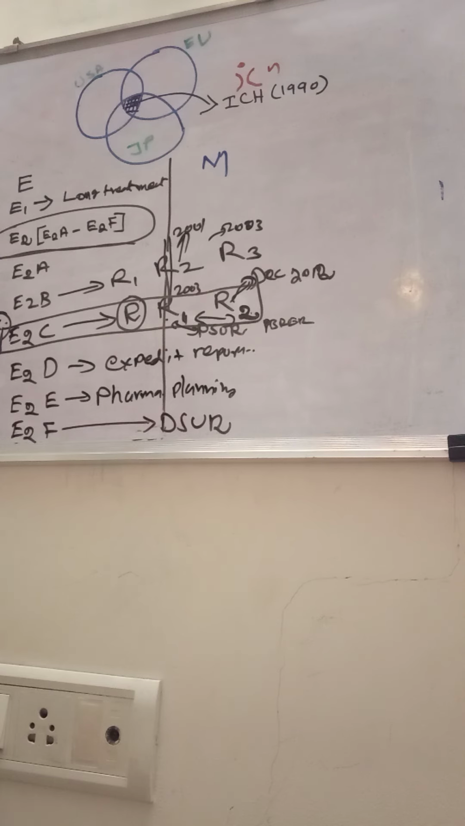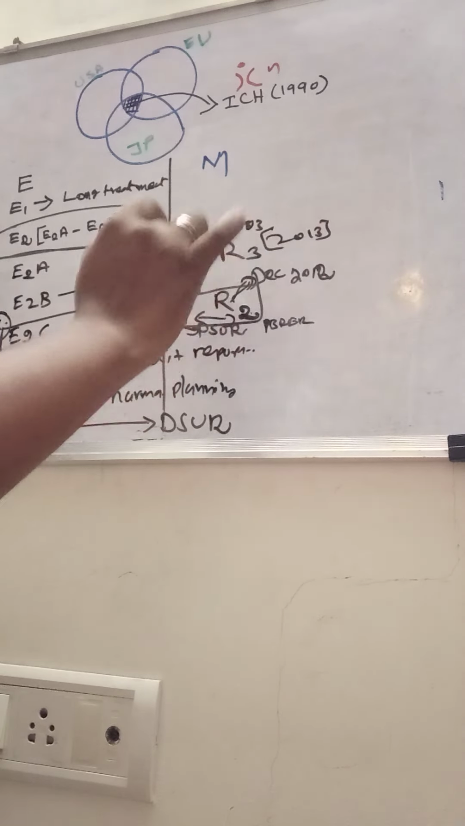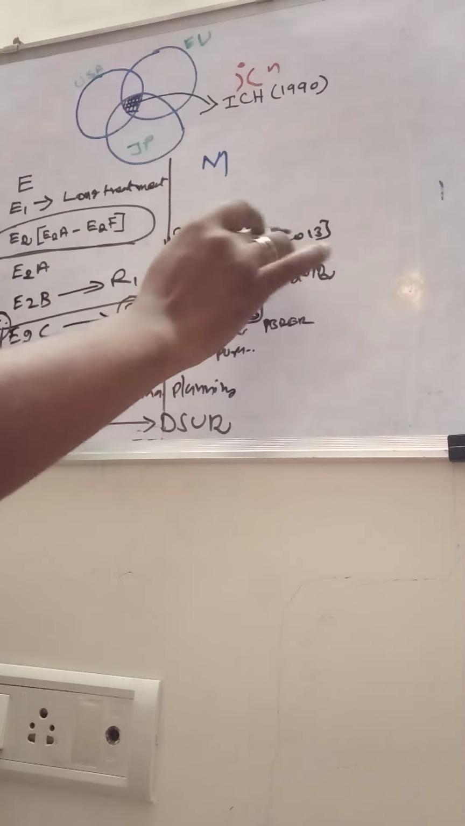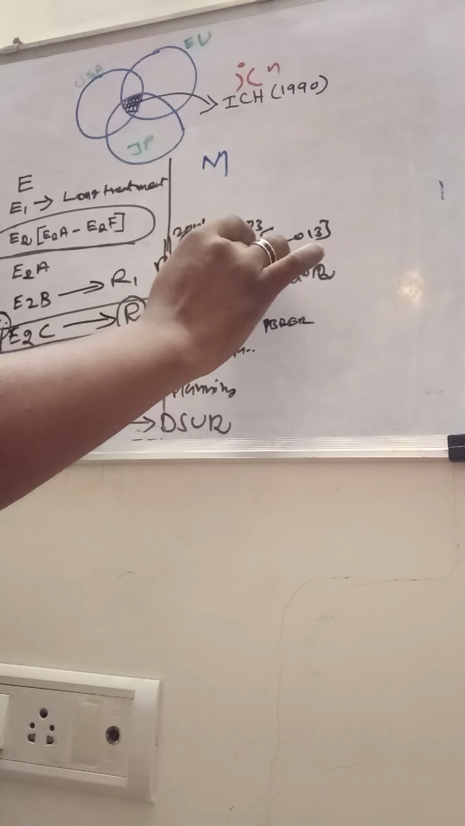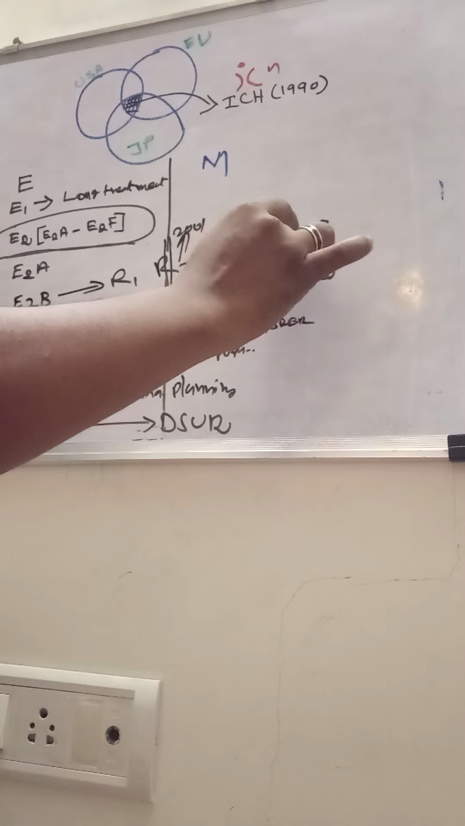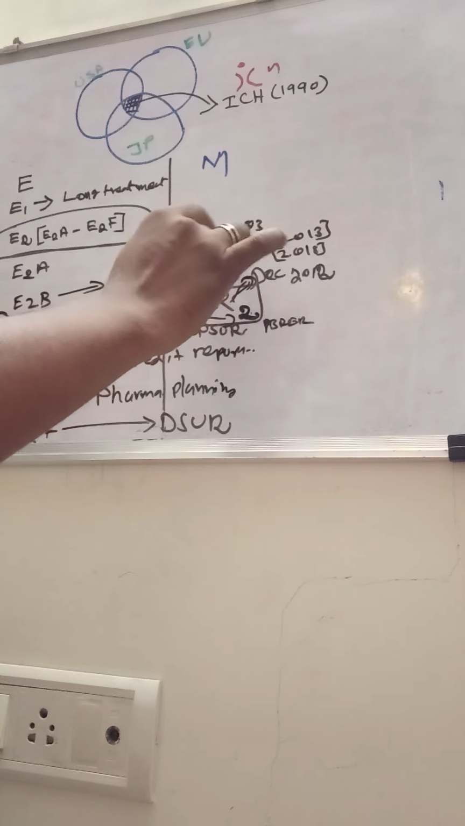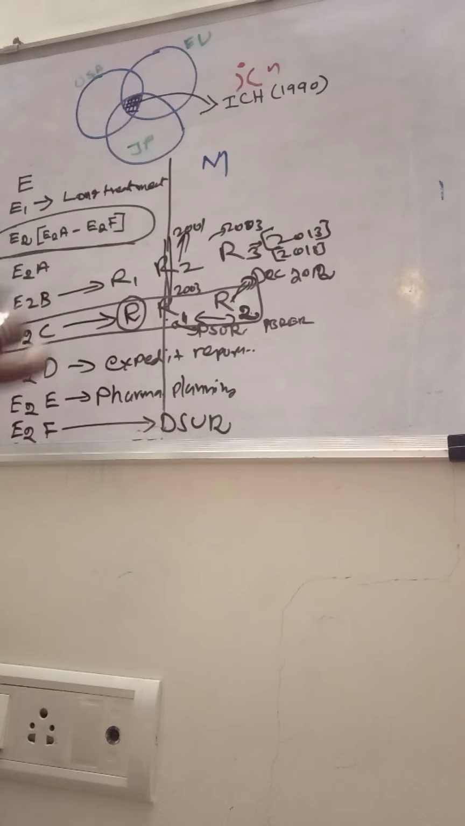So in 2013 officially they released this particular E2B R3 guideline. But again in 2018 and 2019 they released the implementation guide. So that's how the E2B R3 came into picture. Now we are performing that